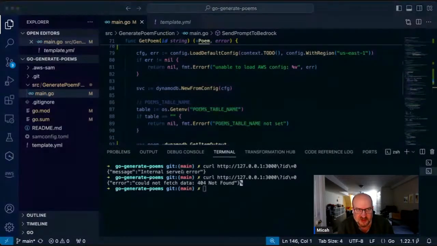All right, so let's do one that we know exists. First of all, let's test our by ID. Let me grab the ID that we have here. What I'm doing right now that you can't see is I'm just trying to grab the ID that I have in DynamoDB.